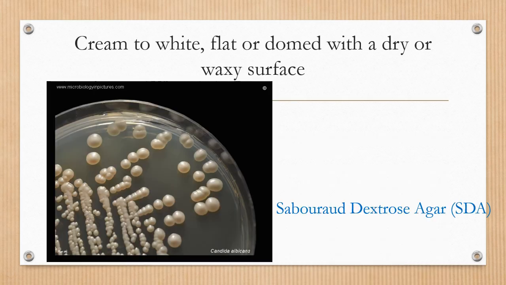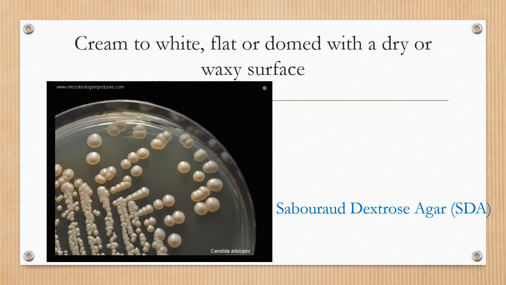Besides blood agar, if you're suspecting yeast or fungal growth, you can grow it on a standard media for yeast, which is called Sabouraud dextrose agar, or SDA. This is a very specific media for yeast because it has all the nutritious substances that can stimulate the growth of this type of infection, or yeast.